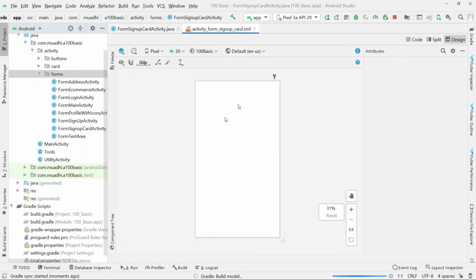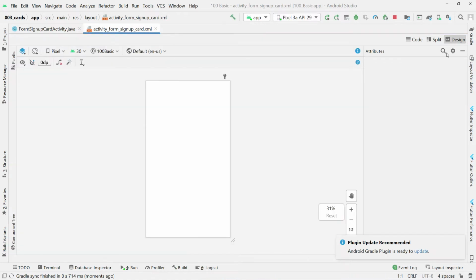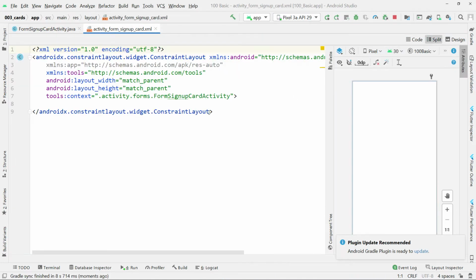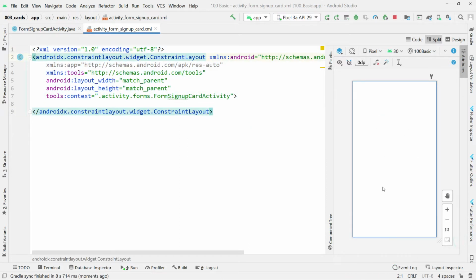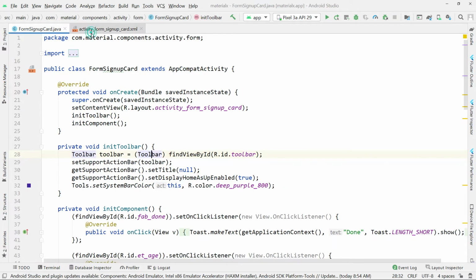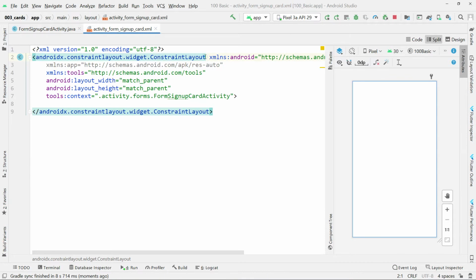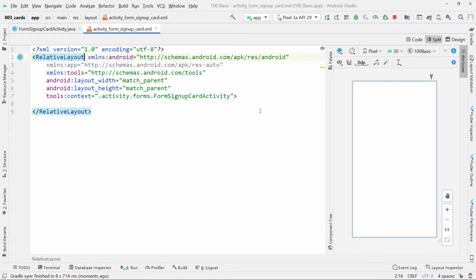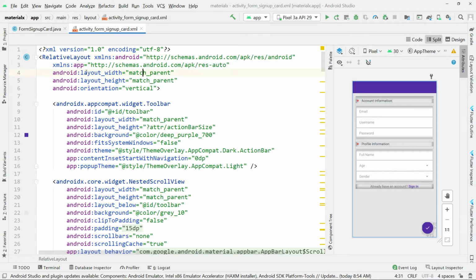So go to the layout, and I collapse this so that I have enough space to work with, and then I click on split so that I can see the code and the layout itself, the design view. I've already created this layout and I'm going to recreate it as I explain every step. I'm going to use the relative layout this time. So I'll remove this constraint layout and keep this one as relative layout, like the way you can see this one. After making it relative layout, we'll leave the width to be match parent and the height match parent,